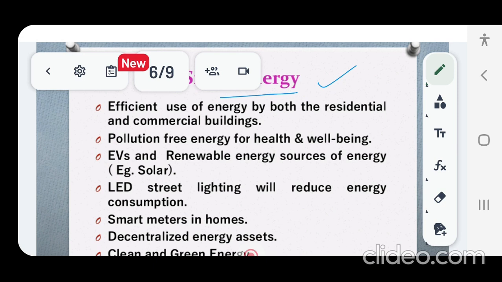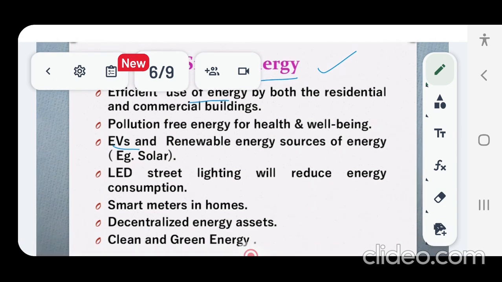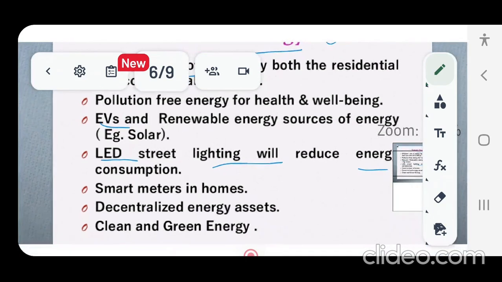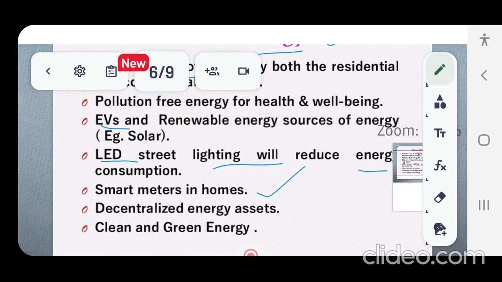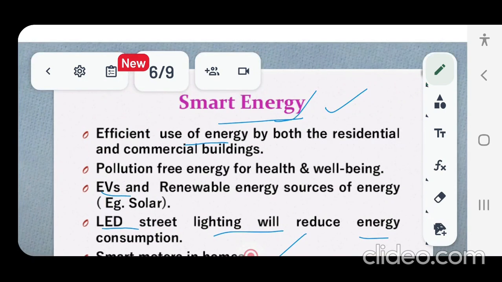And if there is an efficient use of energy by both the residential and commercial buildings, and instead of common vehicles that make use of petrol and diesel, if you are switching to EVs, and if the common lighting system is being replaced by LED systems, then the total amount of energy that is consumed will come down. And if every home is installed with smart meters, then the whole energy management will be called smart.